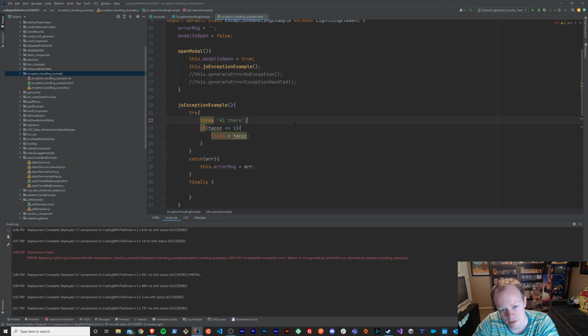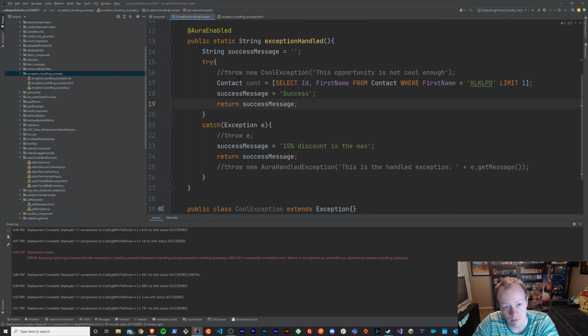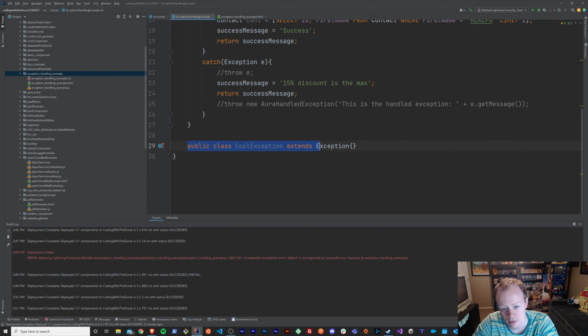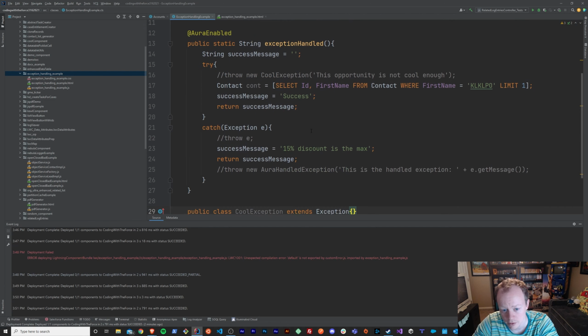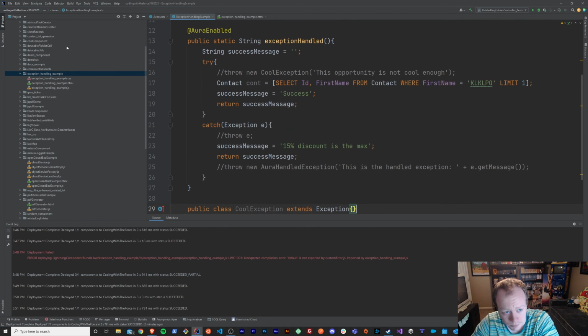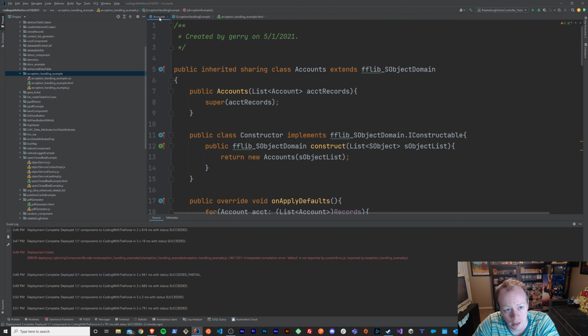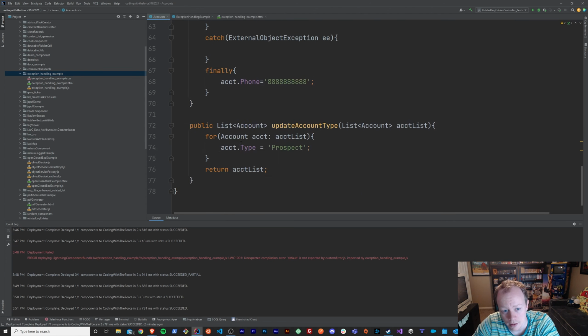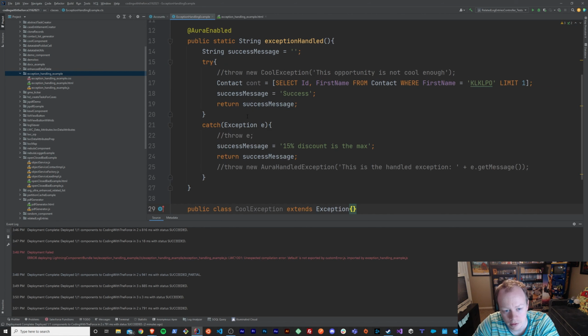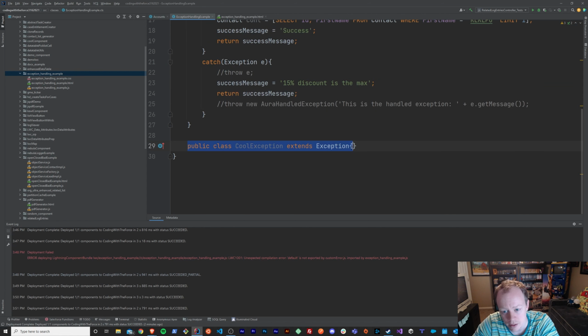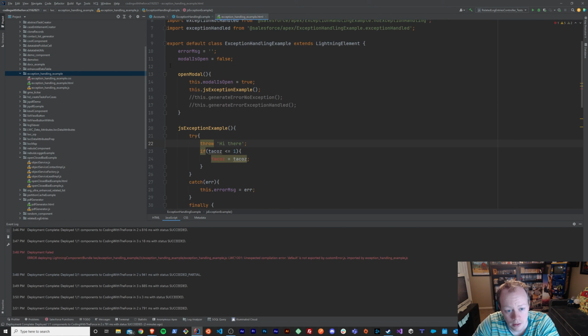And what I mean by that is, just like in Apex, where we can create our own exception, right? We create a class that extends the exception type, and we can throw our custom exception. You can do the same thing in JavaScript, but with modules. So I could create that module in different ways. I could, just like in Apex, where I created my class within this class, my exception class, I could, in JavaScript,